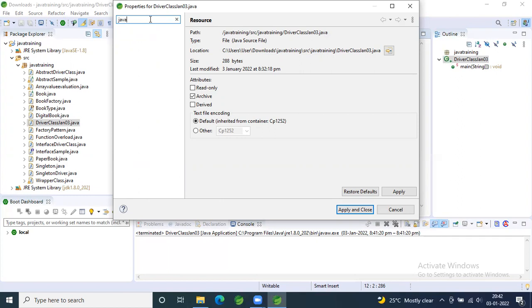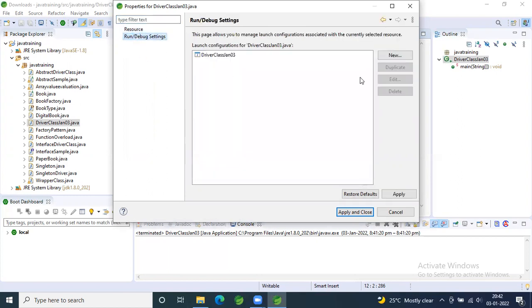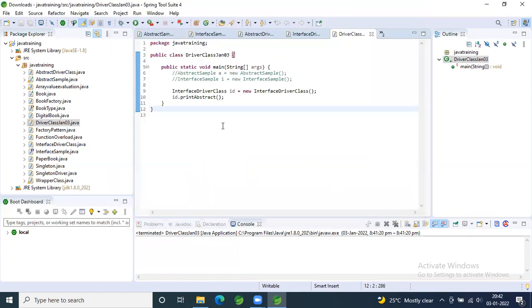Not getting any. Go to run or debug settings. Okay, cancel this one. Go to the Java training package which you have created.